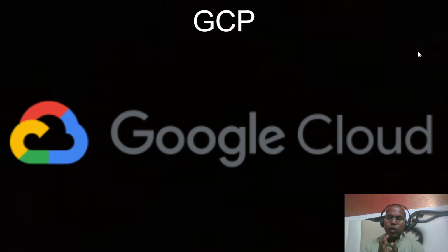GCP, Google Cloud Platform. You can say GCP is one of the big public cloud service providers.